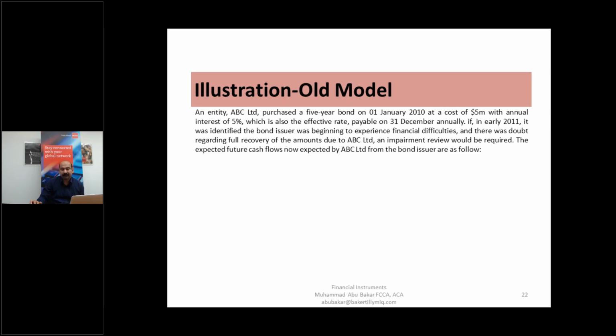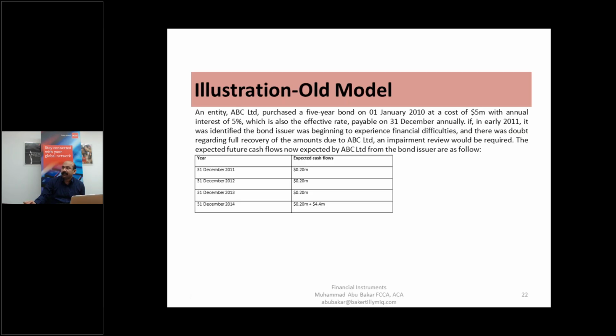If in early 2011 it was identified that the bond issuer was beginning to experience financial difficulties and there was doubt regarding full recovery of the amounts due to ABC Limited, an impairment review would be required. The expected future cash flows now expected by ABC Limited from the bond issuer are as follows: